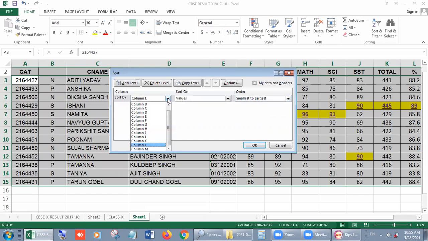But if alphabetical data, just like C, then A to Z and Z to A. It will change automatically, because it can observe what data we are going to sort or filter, right? So I'm choosing L because in the L column we have percentage marks, then largest to smallest.